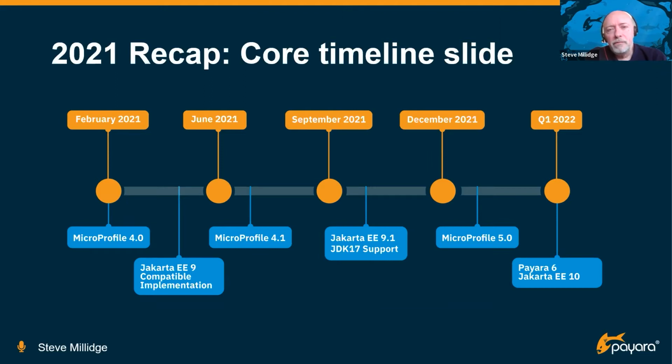Then, moving into this year, MicroProfile 5 is the MicroProfile version that is baselined against Jakarta EE 9.1. So that is the big namespace shift. And we're about to release MicroProfile 5 support, which I'll come on to in another slide. So a lot of the year is spent building and supporting these APIs, and also kicking off the initial Payara 6 work, because Payara 6 Alpha 1 was our Jakarta EE 9 compatible implementation.